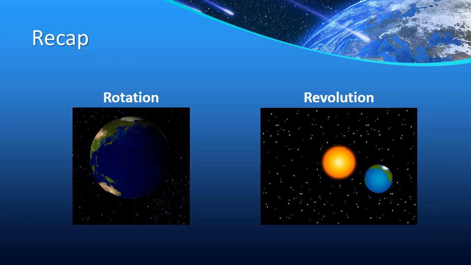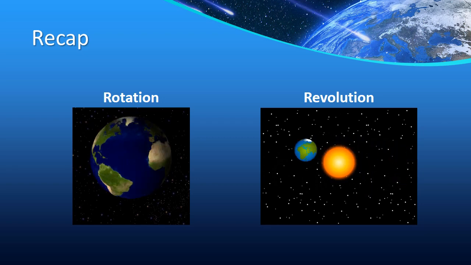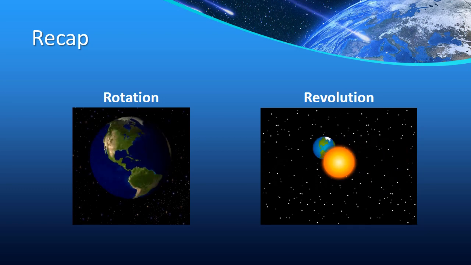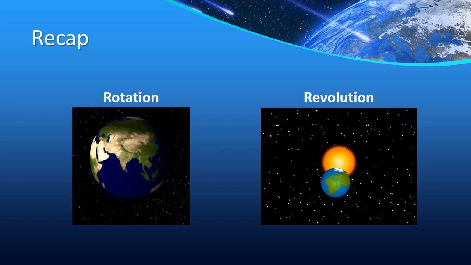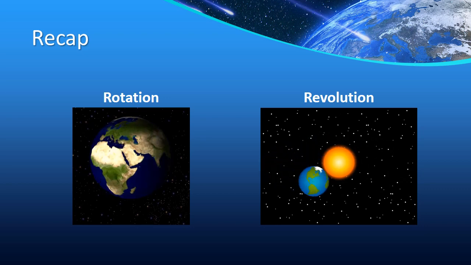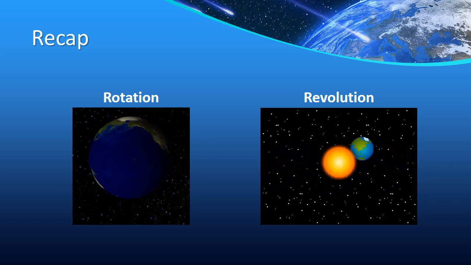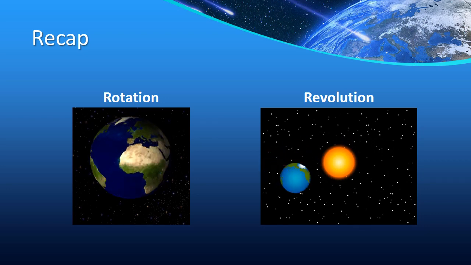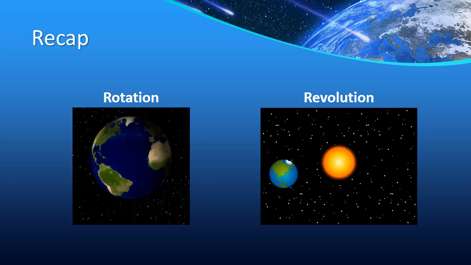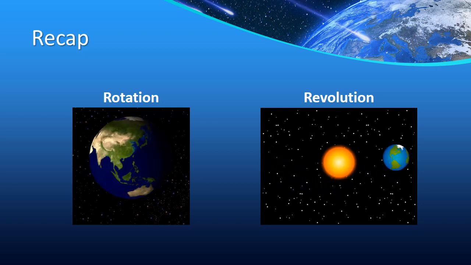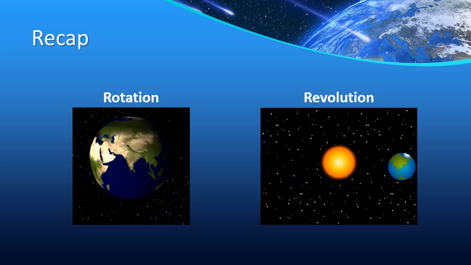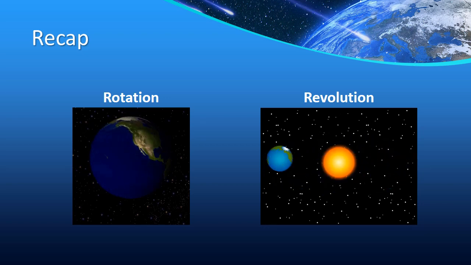Now, before moving forward, let's do a quick recap. We studied that the Earth, the Moon, and the Sun are constantly in motion, and the two basic motions are rotation and revolution. Rotation is when the Earth rotates on its imaginary axis. It takes 24 hours to complete one rotation, and because of this motion of the Earth, we have day and night. The speed of rotation at any point along the equator is approximately